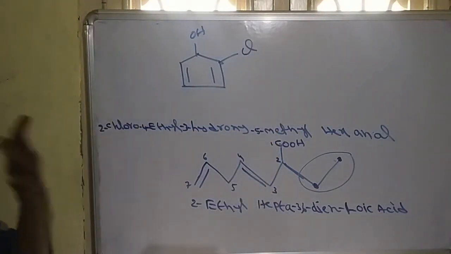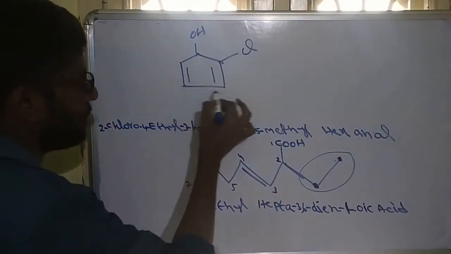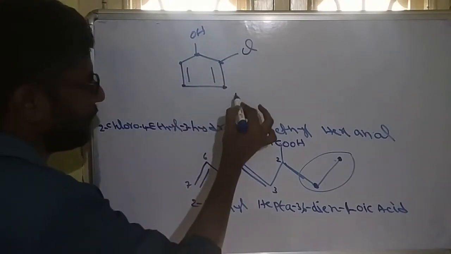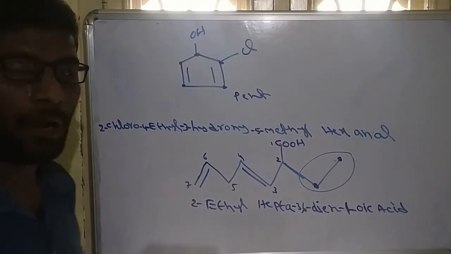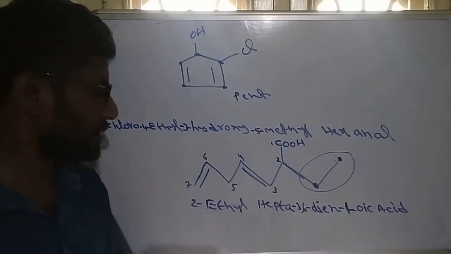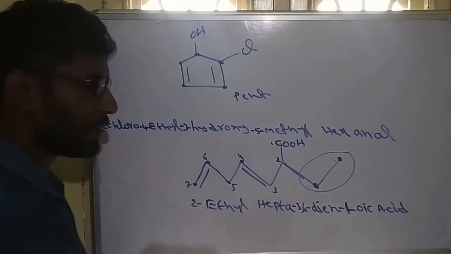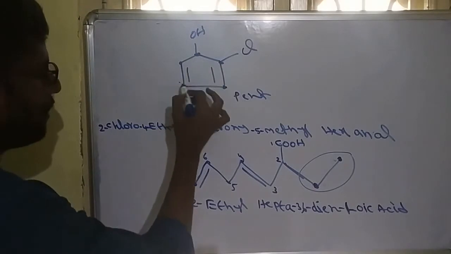So we can write this name. So what is the root word here? Longest chain I am taking. So this is the longest chain. 1, 2, 3, 4, 5. 5 carbon means root word will be pent. And remember how to identify which is a carbon. So a very simple technique: wherever an end is there, wherever a bend is there, that should be a carbon atom. End and bend is a carbon atom. So here all these are carbon atoms.